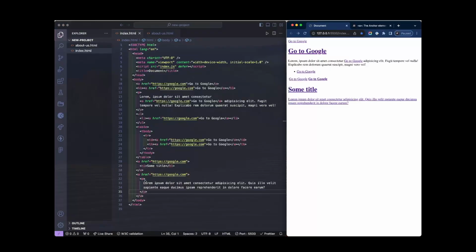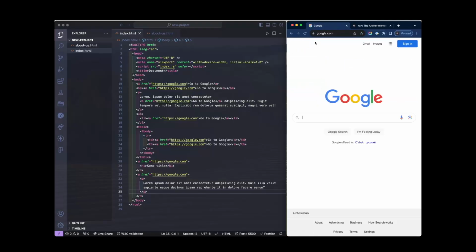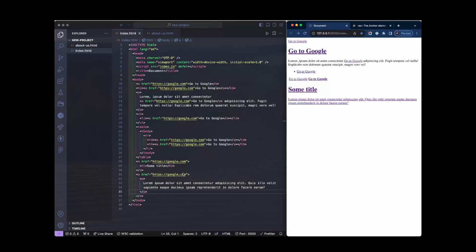And again, since the paragraph is wrapped by the anchor tag, the whole paragraph is just a single link to the google.com. If I click this link, it will move us to the destination path. So we can also add the unordered list inside of the anchor tag. Let's do that. So I'm gonna add another link and then type the UL for the unordered list, then the LI for the list item, saying first